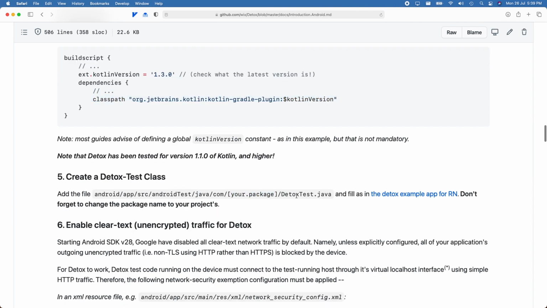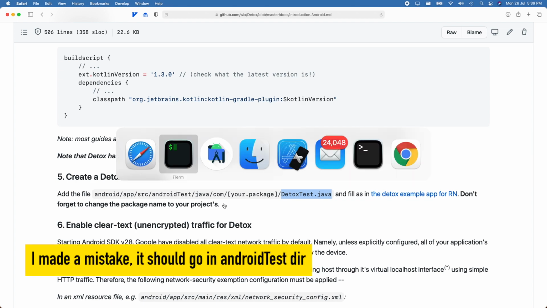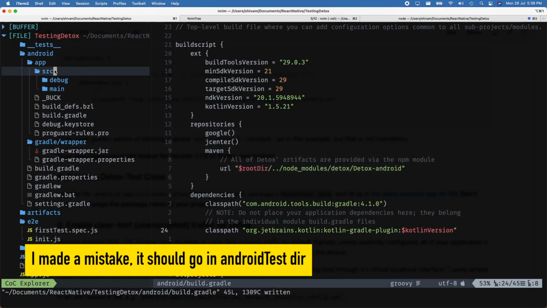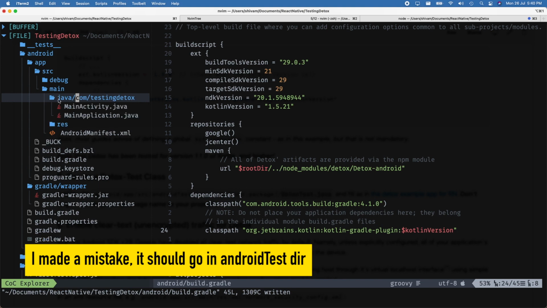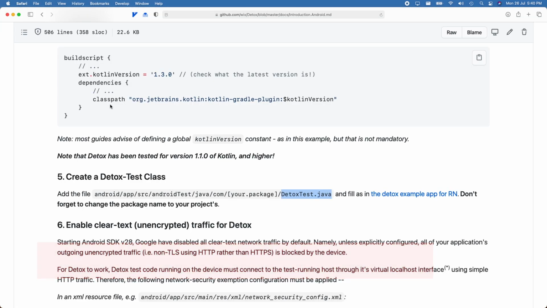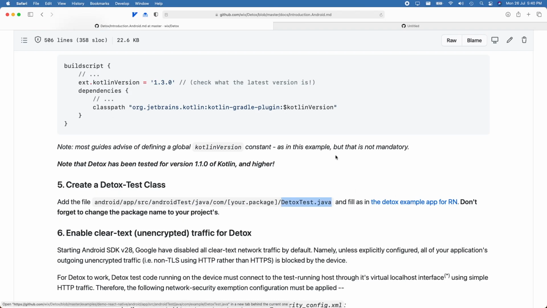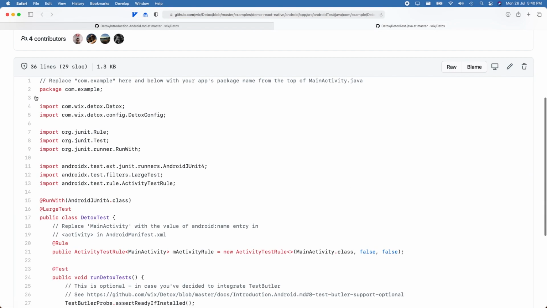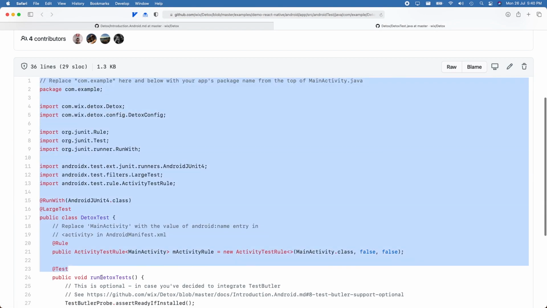See your package, and we need to create this file, DetoxTest.java. In the Java com, here we have source, main, and here is this Java, and I am directly in this folder, Java com, testing. I just need to add a class with the name DetoxTest.java. I need to open it, and fill it from this example. So I'll just copy this